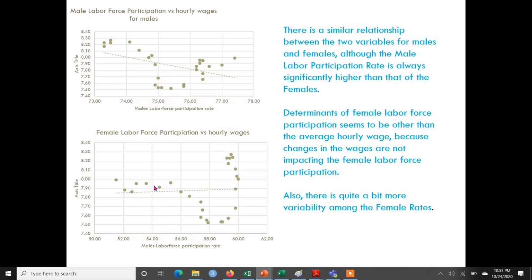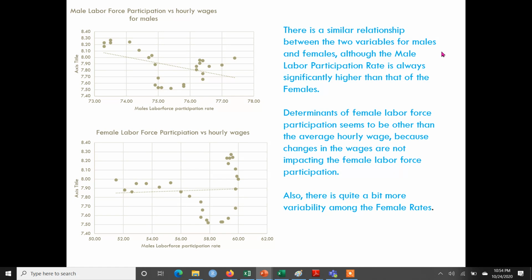It seems that the determinants of female labor force participation are different from just the hourly wage, because changes in wages are not significantly impacting female labor force participation. One variable keeps decreasing here, right? But the other variable does not seem to agree or suggest that it is moving in the same direction. So if you compare these two plots, you can say that there is a similar relationship